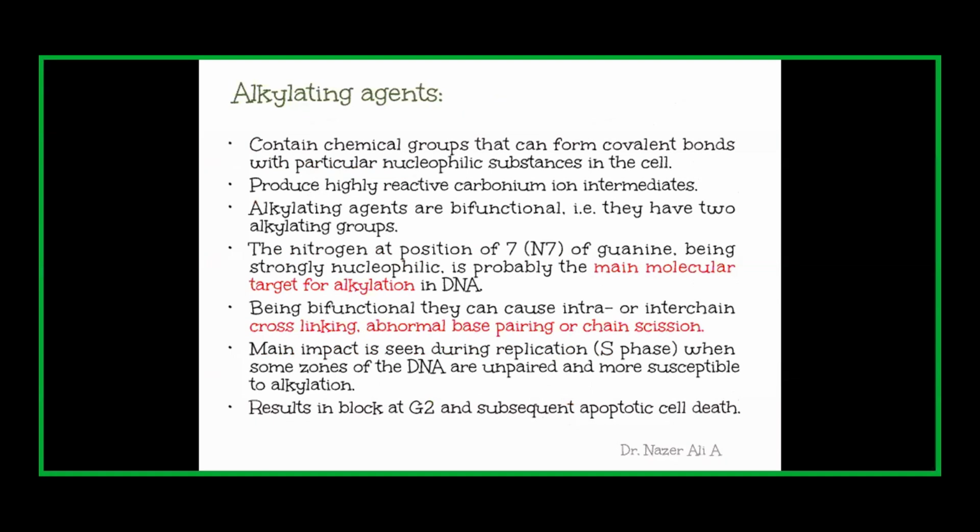So first, let us discuss the alkylating agent. This alkylating agent will donate an alkyl group to another molecule by forming a strong covalent bond. After administration, it will form a highly reactive carbonium ion. This carbonium ion will transfer the alkyl group by forming a strong covalent bond with the cellular constituents. Those cellular constituents can be nucleophilic substances, or some enzymes and RNA, and it also causes interstrand cross-linking in DNA.